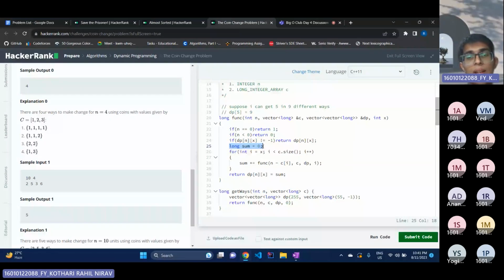And as I discussed, the number of ways I can get to n is nothing but: I go through each coin, subtract that from my current total, and make a function call for that. So for 10, I'll run a loop over the index. This will be a function call for 8, so I'll add the number of ways I can get 8 into the sum. Then 10 minus 5, the number of ways I can get 5 into this sum. 10 minus 3, the number of ways I can get 7 into this sum, and 10 minus 6, so the number of ways I can get 4 into this sum. All of these values will be added into my variable sum. And at the end,